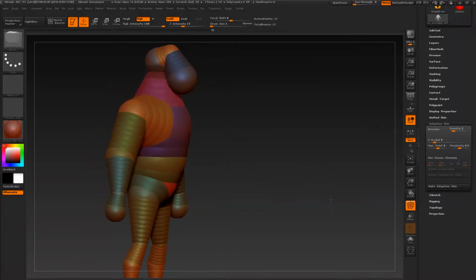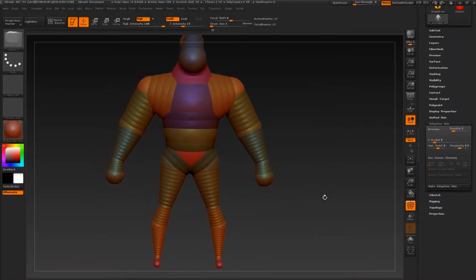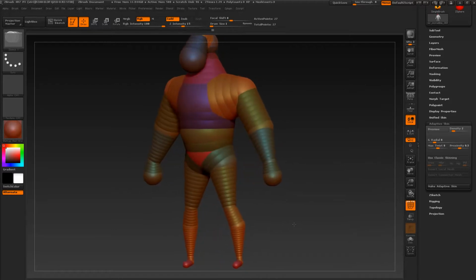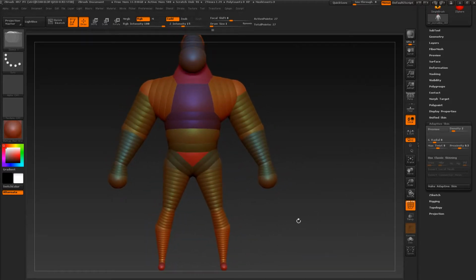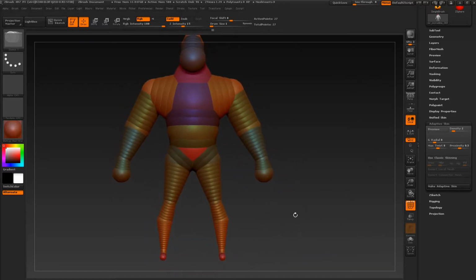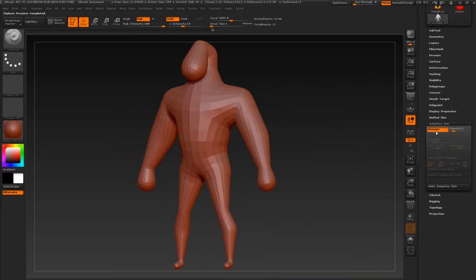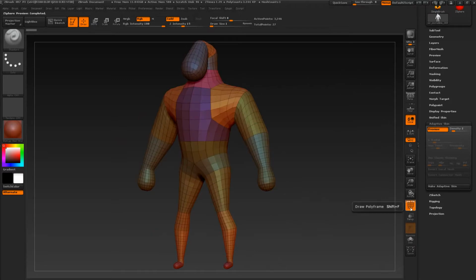ID, which will come in handy if we want to isolate specific areas or quick select features, but we will dive into that later. We don't need to use this at the moment. It's good to know that it's there. Also, one other thing that I want to point out is that